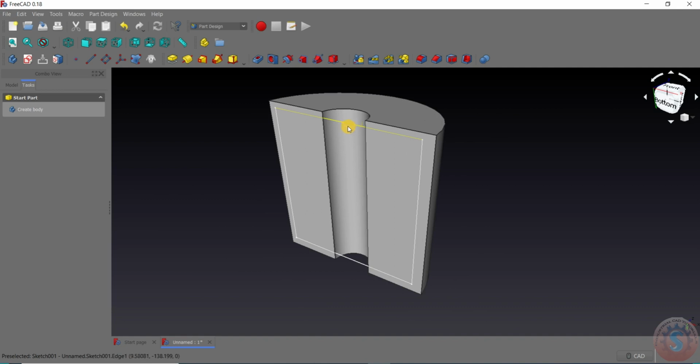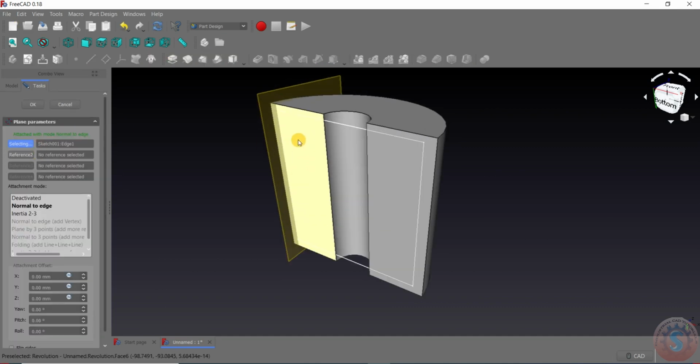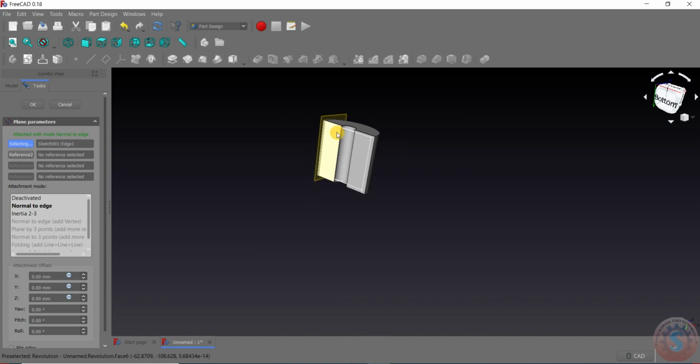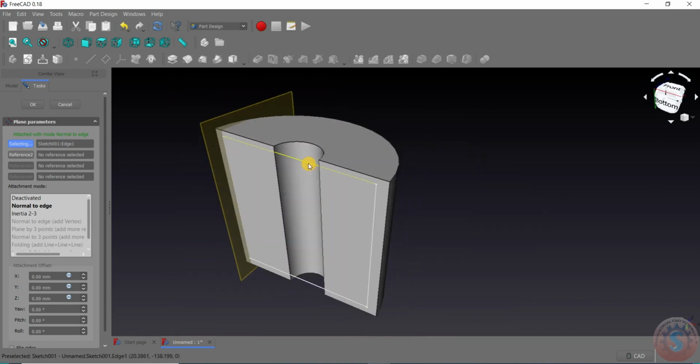I want the sketch to be created after the pad, and selecting the sketch profile, you can observe on the tasks, fillet, chamfer, create a datum point and create a datum line and create a datum plane. I want to create the offset of the plane to somewhat distance. This will help, and create a datum line, datum. You can observe this is the create a datum. You can observe the sketch is created, but it will go on the opposite side.